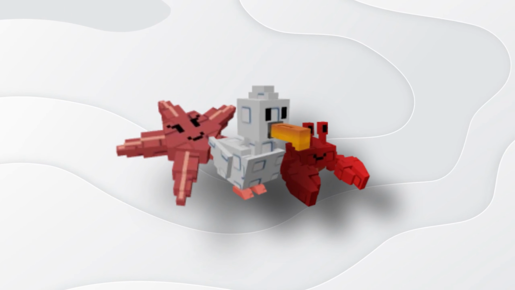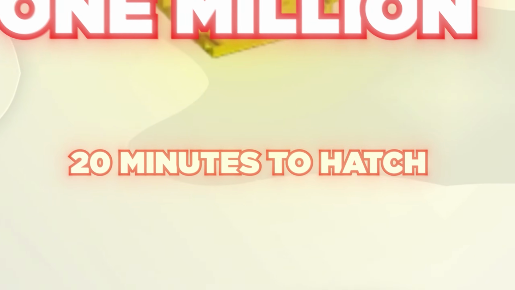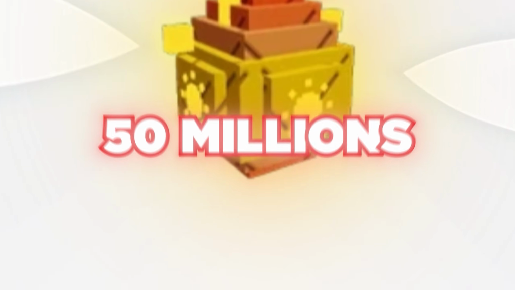But none of those compare to the next rare summer pets on the list. Reminder, there are 4 new eggs. The Summer Common Egg, which costs 1 million and takes 20 minutes to hatch. The Rare Summer Pet Egg, which costs 25 million and takes 4 hours. And the second best of them all, the Paradise Egg, which costs 50 million and takes over 6 hours to